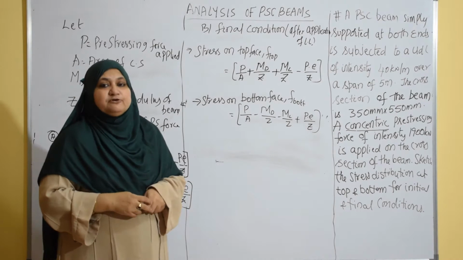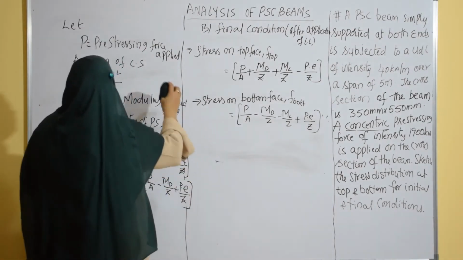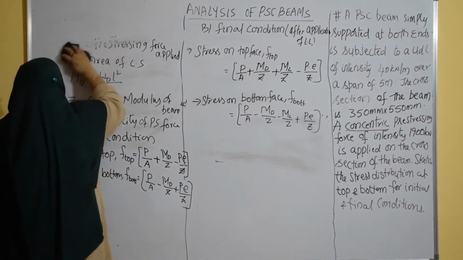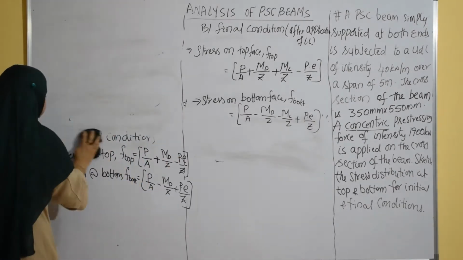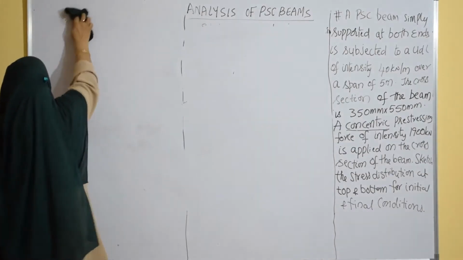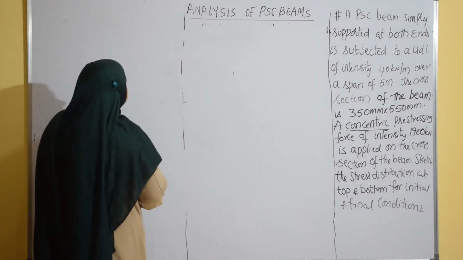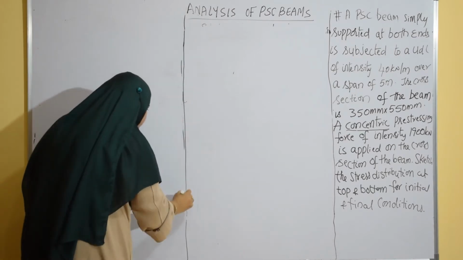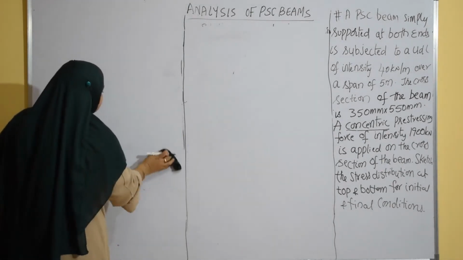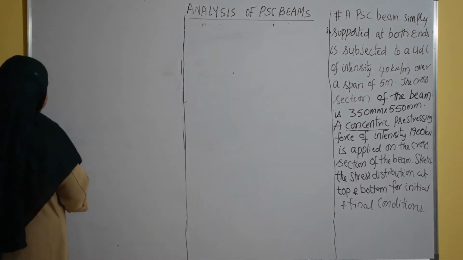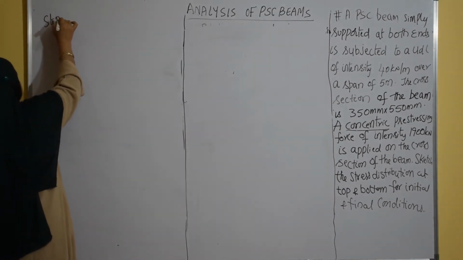So this simple problem we will solve first, and the next problem will be somewhat more difficult, involving more calculations. We will solve the problem stepwise. The first step is what is given in the question. That must always be taken down. Then, according to the data, we can start solving. Any subject, any problem, always write down the data given to you in the question. So our first step is the given data.